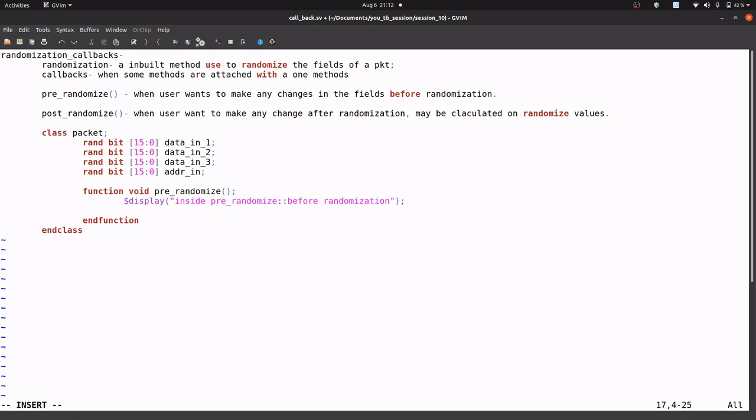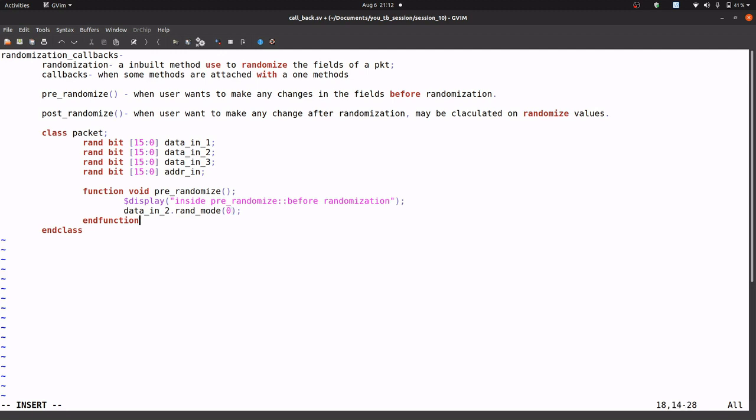Let's make a final change in any field, say data_in_2.rand_mode(0), that means disabled.